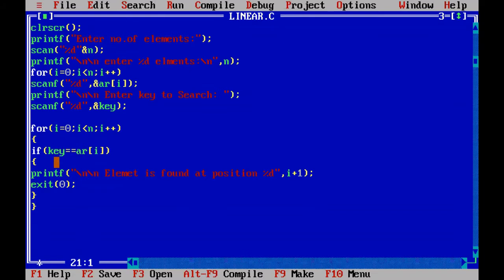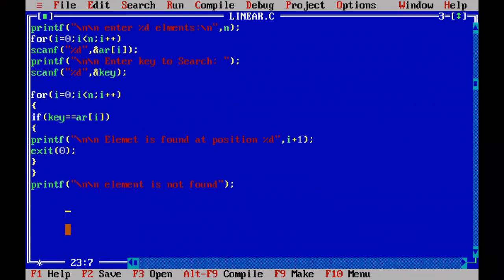Then you print out here printf element is not found. Like that you can print. Then next getch and the program will be terminated.